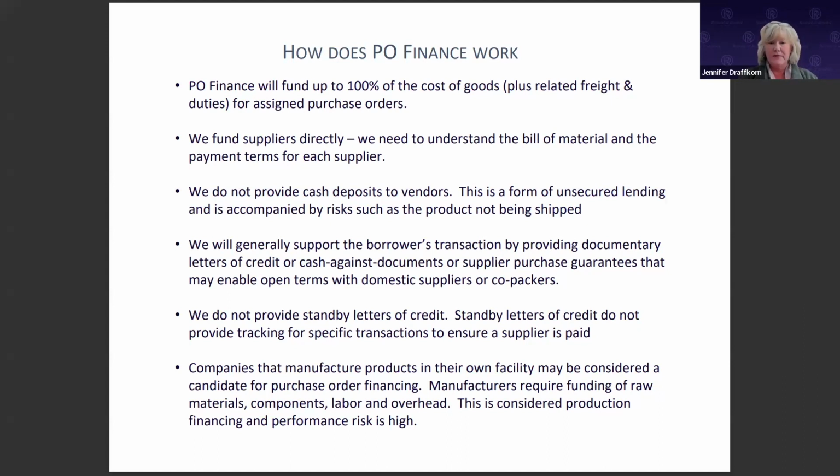We don't provide cash deposits to your vendors. That's an unsecured form of lending, and it has its own risk. But what we do is we can work with your suppliers, and sometimes it's one-on-one working with them. Sometimes it's working through you to come up with payment terms that work for your suppliers. And in an international setting where you're importing, typically the number one type of payment that is used is a documentary letter of credit. But we can also do wire transfer payments, purchase guarantees for domestic suppliers,